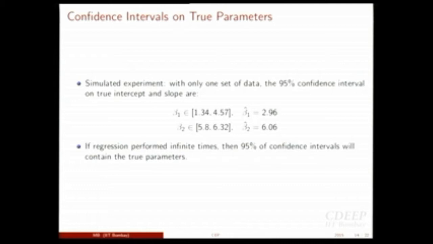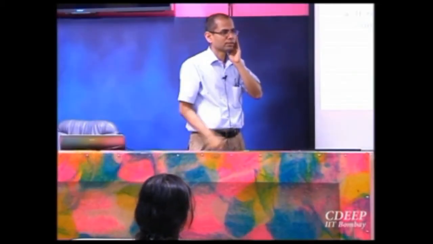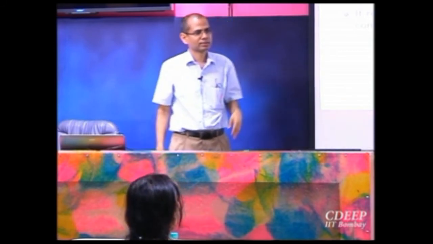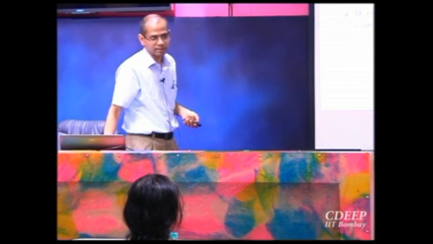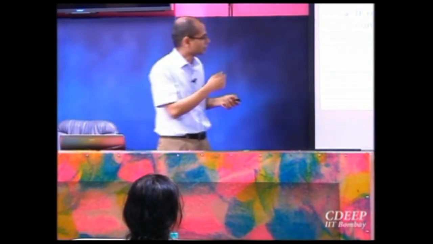And there is a very nice, intuitive thing here. What does it mean to say it's a 95% confidence interval? Has anybody done this or come across it? Can anybody try to explain this? If you repeat this for about 100 samples, about 95 of them, the actual value will lie in the interval. Yes, so that's the correct answer.